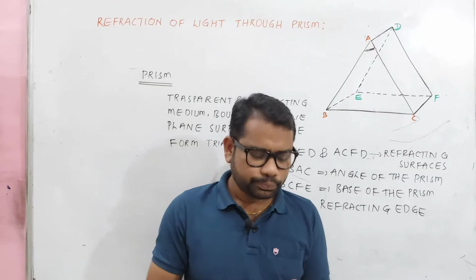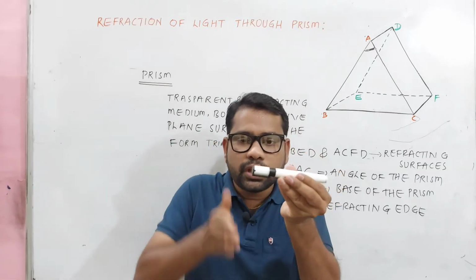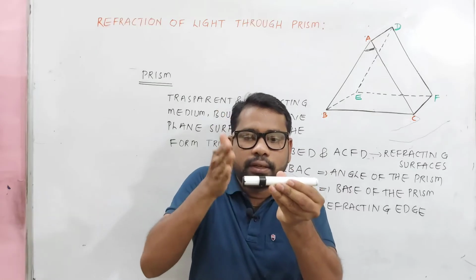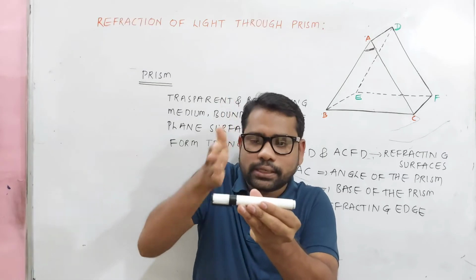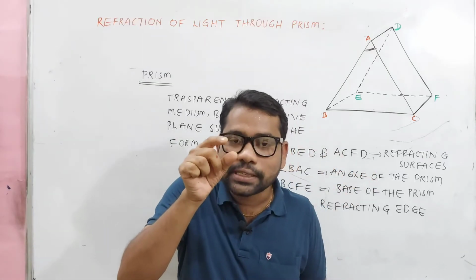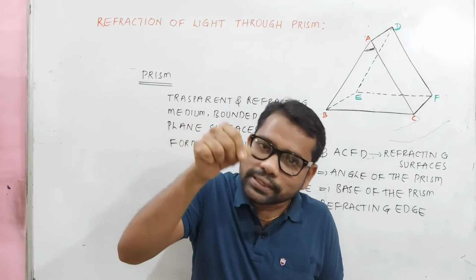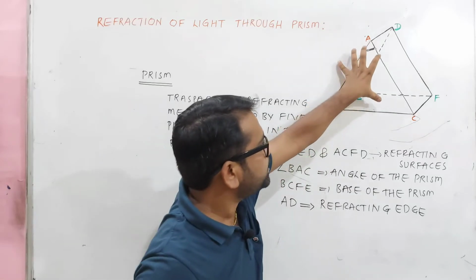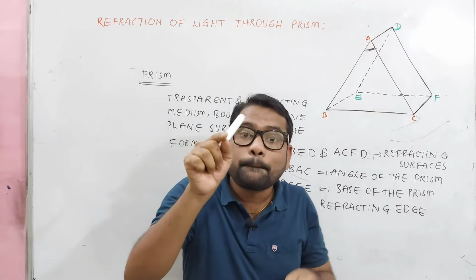Children, suppose here is a marker, cylindrical in shape. If you make it into slices, just imagine it is a carrot. If you want to make a carrot into slices, like this, what type of slices will you get, children? You will get circular ones. In the same manner, take this prism and imagine that we are making slices perpendicular to